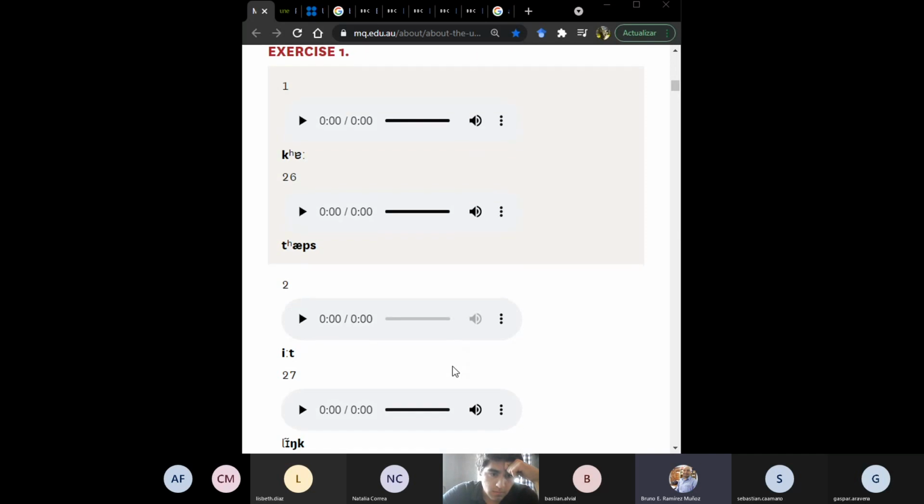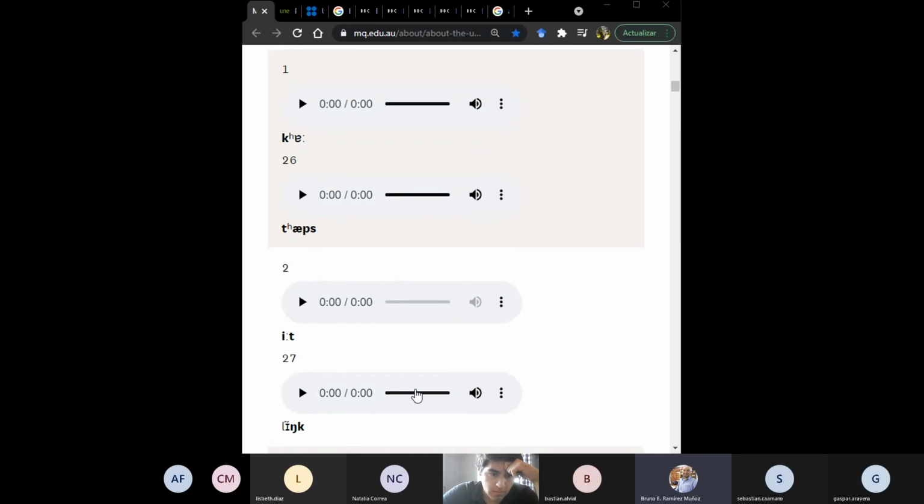Right, did you get something like this at the bottom? Yes, but I don't understand the ng in link. It ends with the think sound, link. Right, the thing is that